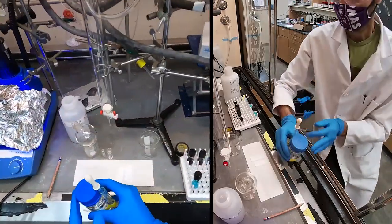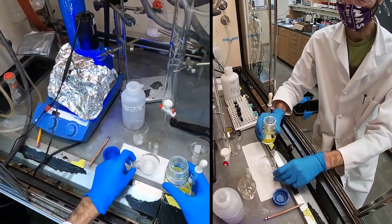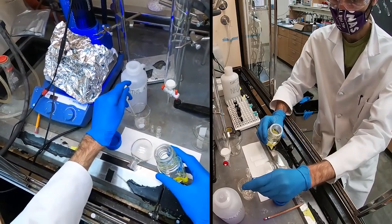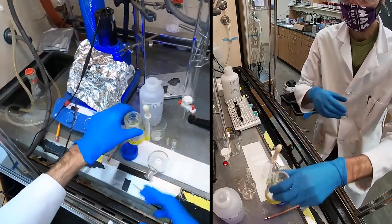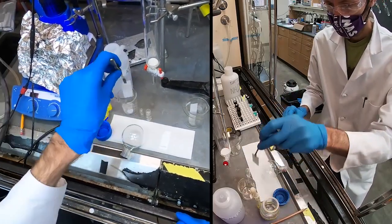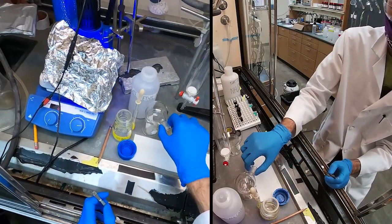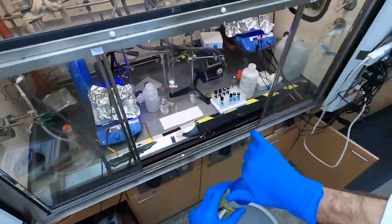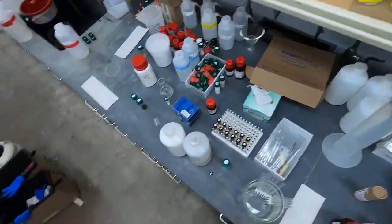If you go lower in polarity, sometimes that bottom spot will be more affected by it and won't move almost at all. But our top spot, perhaps, in some cases, will still feel the force of the eluent. So we'll just check that too. And while those are running,